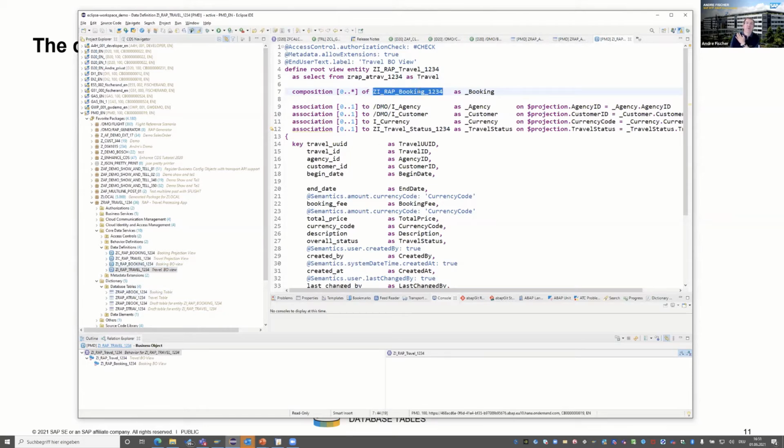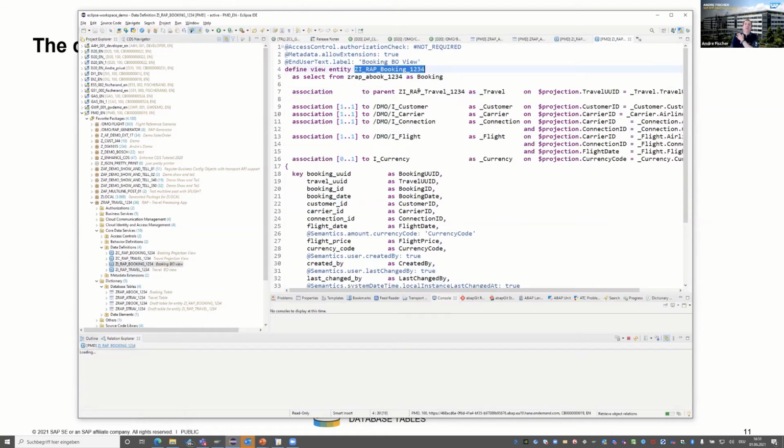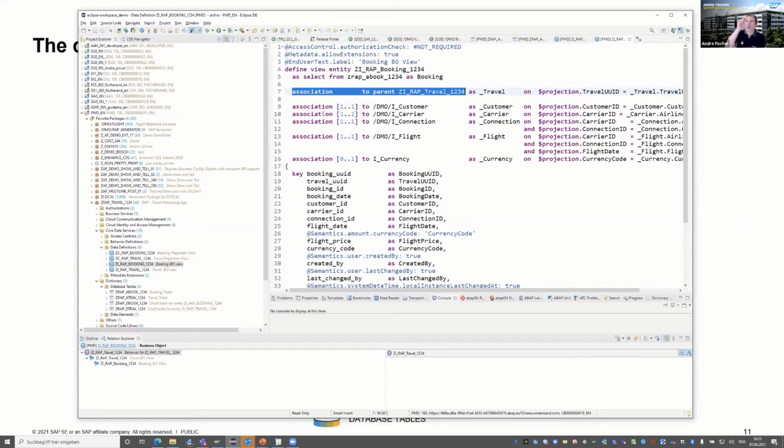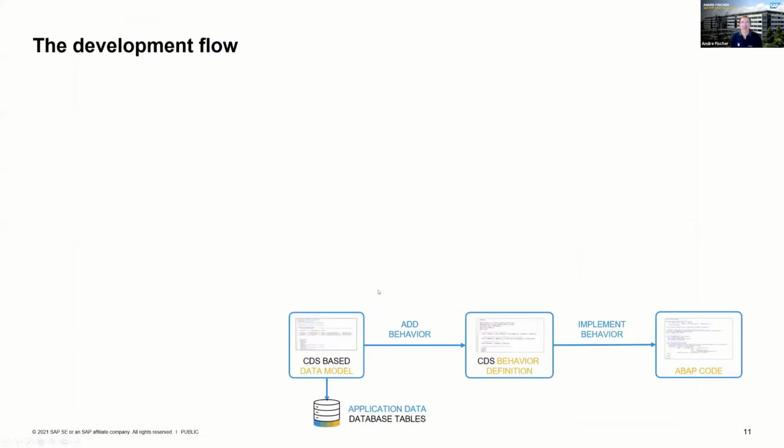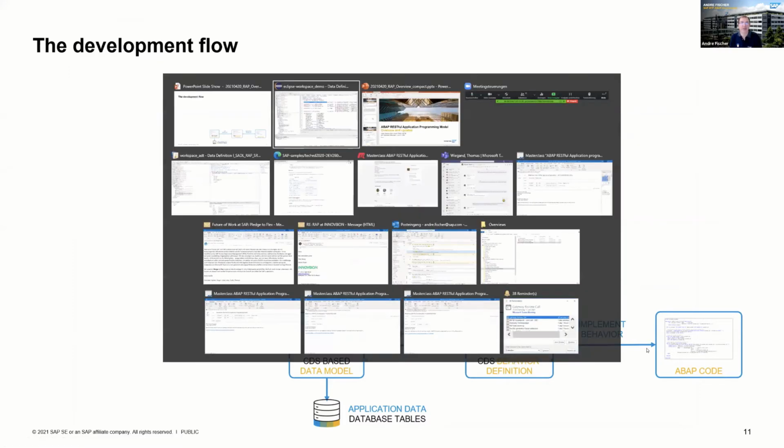If we select this and press F3, we navigate to the CDS view definition of our booking entity, and this reads data again from a table, and it has an association that points back to the parent object. And this is the connection of your business object hierarchy. The next step is you have to implement the behavior, which is done in the behavior implementation class.